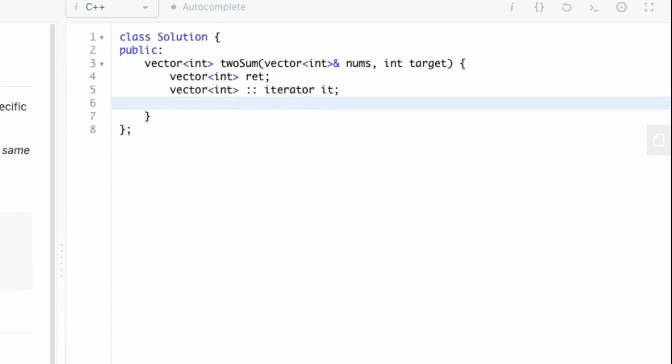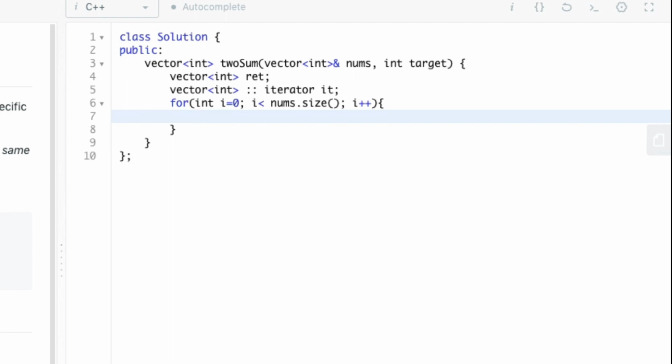Now we need to traverse the array one by one, and at each traversal, we need to find the complementary element of that particular element. Let's name this complementary element as ELE.